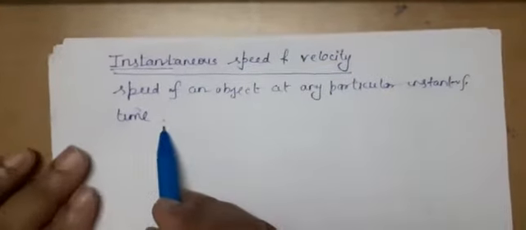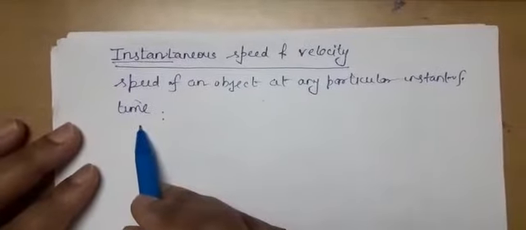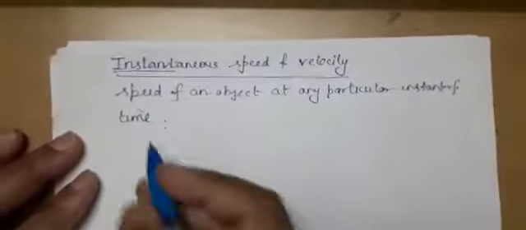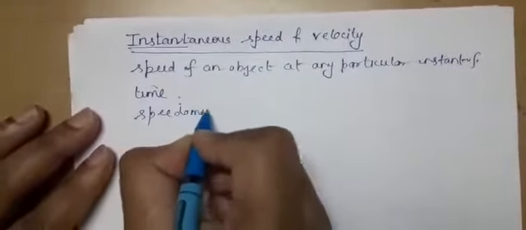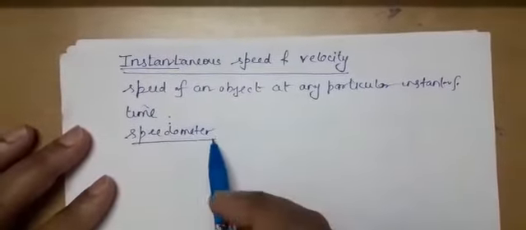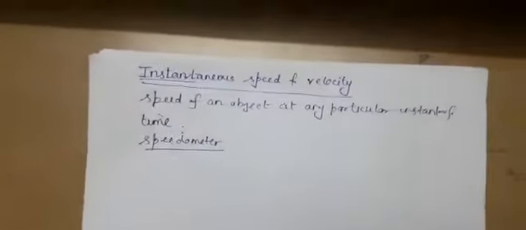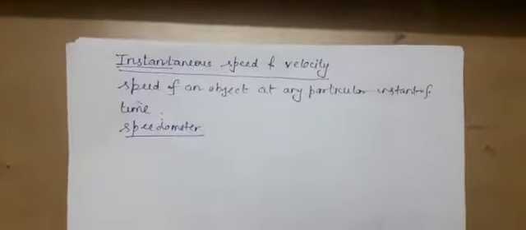So from where do you get the concept of instantaneous speed? I can tell you that when you are using the speedometer in your bike or scooty, that speedometer is giving you the speed at that one particular instant of time. So the speedometer gives you the measure of nothing other than instantaneous speed. Now here we will understand how to find instantaneous speed or instantaneous velocity.